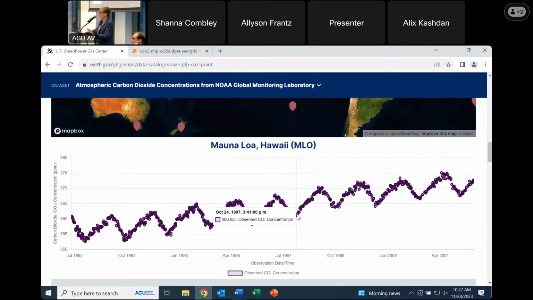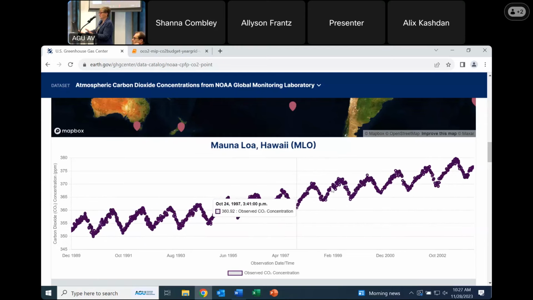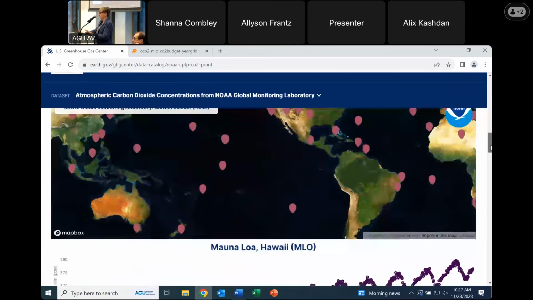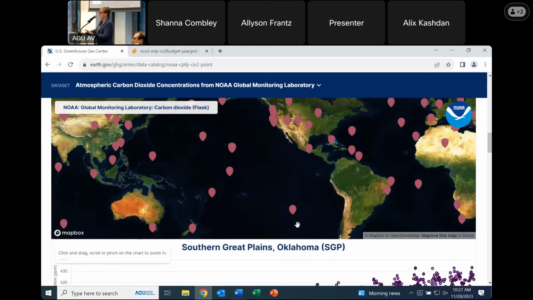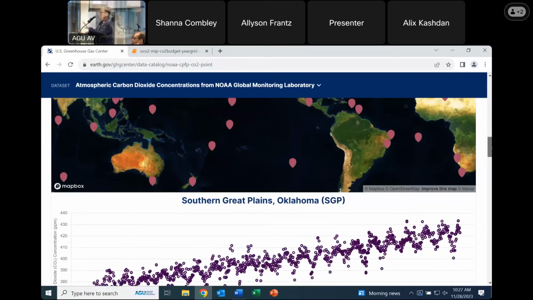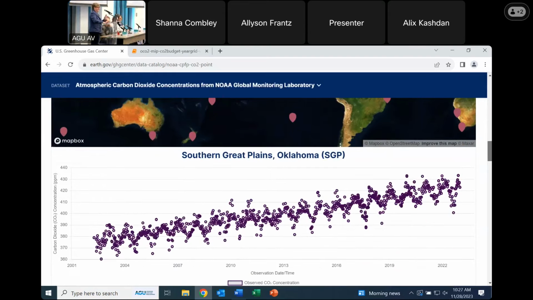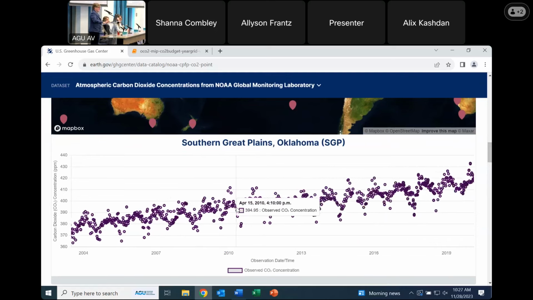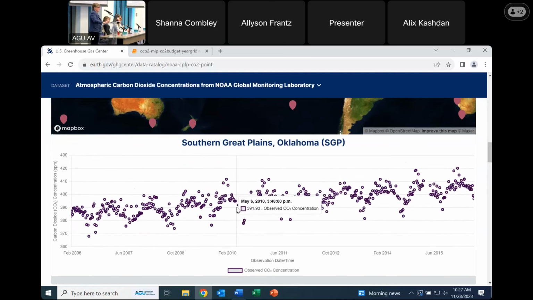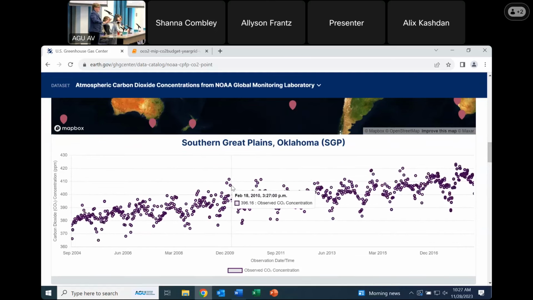So that would be how you look at the time series from the NOAA data. If you want to go to another spot, you just click another station. And again, when you get down into it, you have to scroll down with the small screen. I do this on my big screen at home and it looks great. On a little tiny laptop, you have to do a little maneuvering. And so again, you can use your scroll bar in and out, hover over any one value to check that